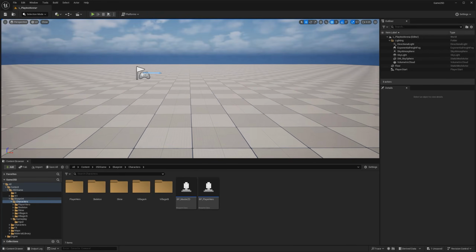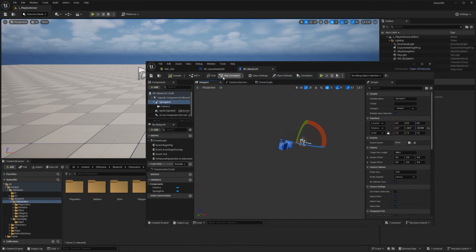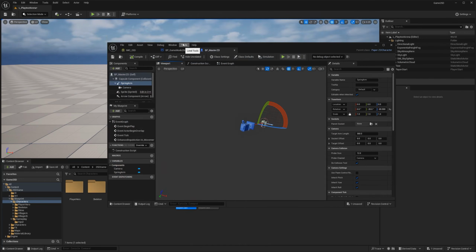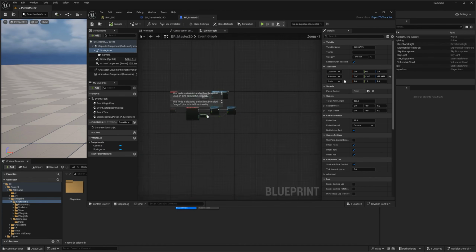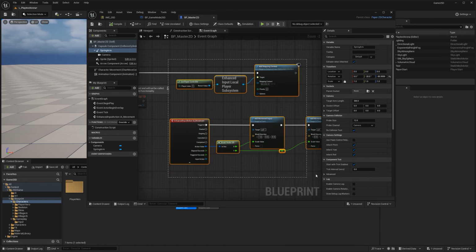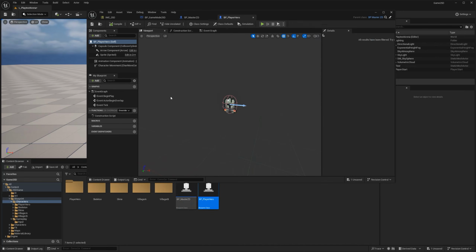After I finished the last video, it just came to me that I'm putting the camera and the controls in the master, which means when I create a child for monsters and other stuff, this stuff is also going to be in there. So what I'm going to do actually is Control X everything, save it, remove the spring arm too, and I'm going to open the player and do that functionality here.